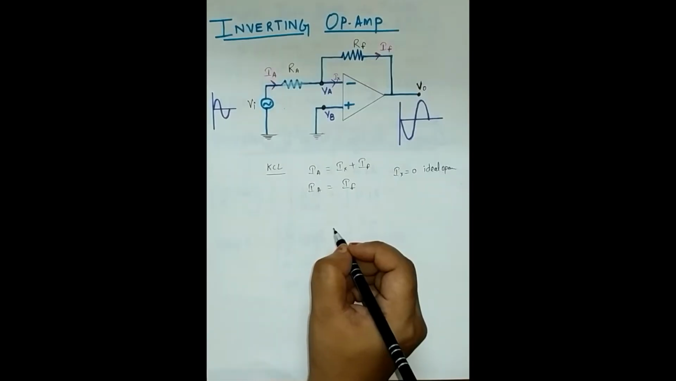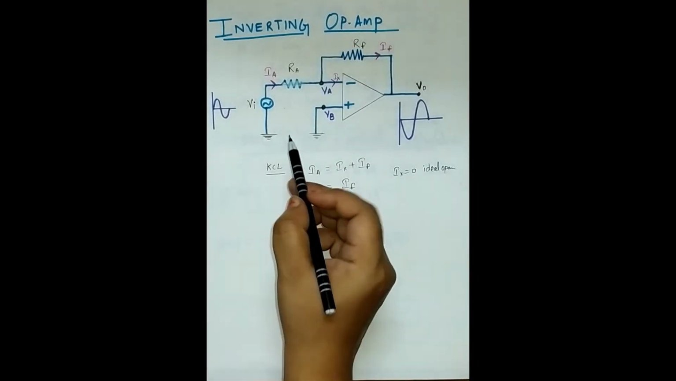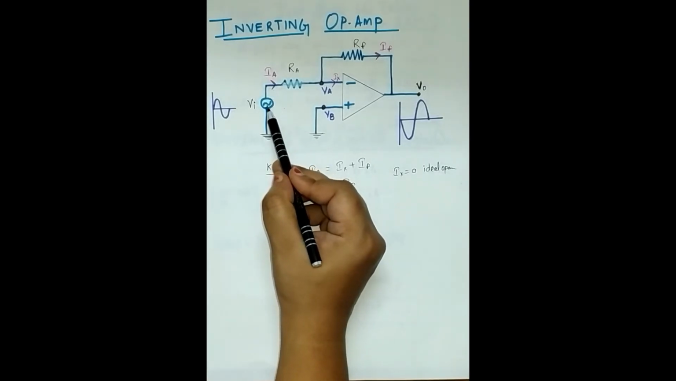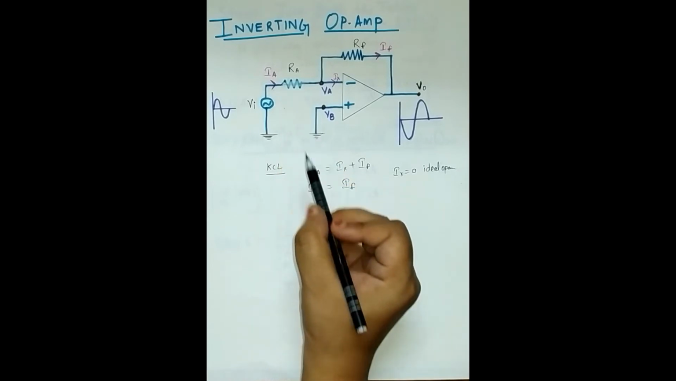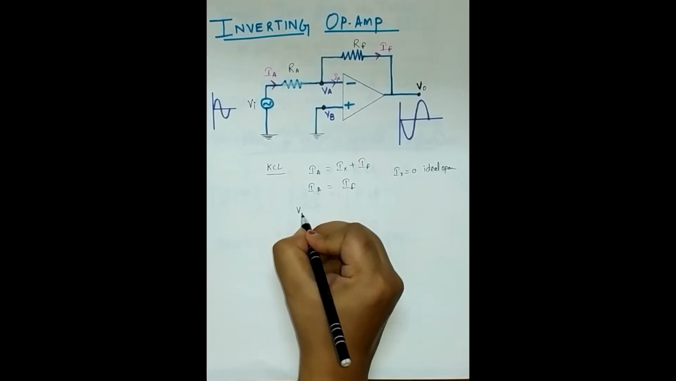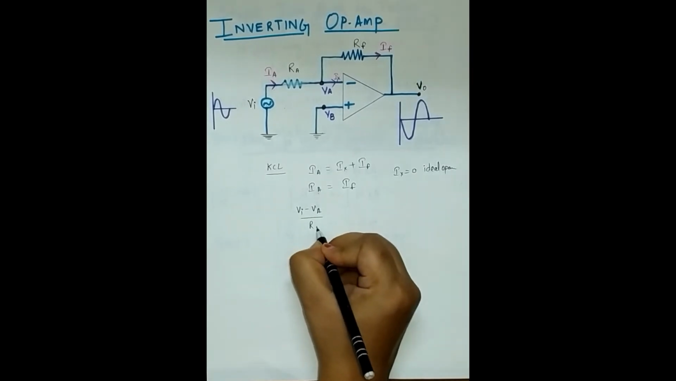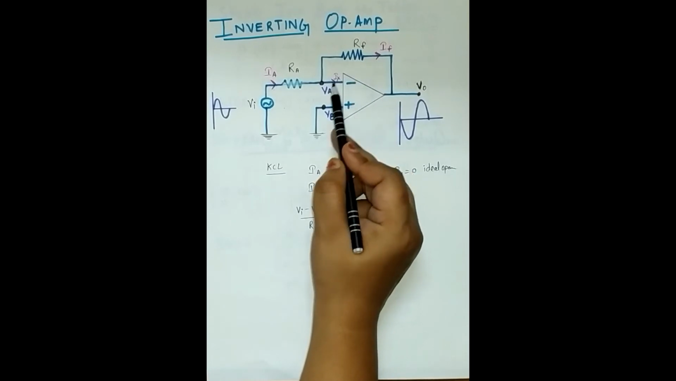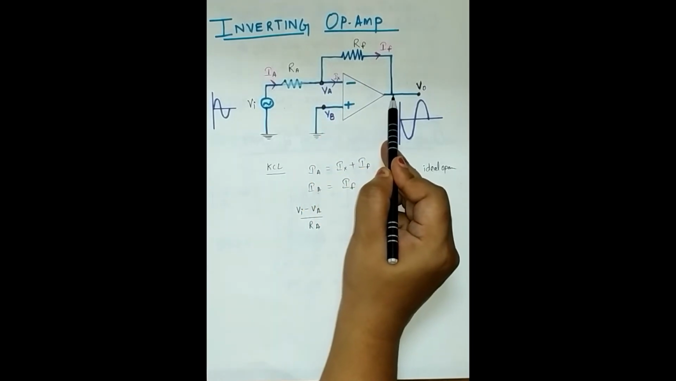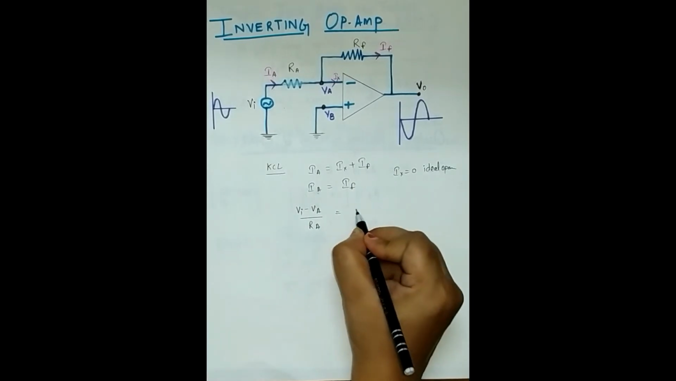Now what is the value of IA? IA equals Vi minus Va divided by Ra. Let us write it down. Vi minus Va by Ra. And what is the value of IF? It is Va minus V0 by Rf. So